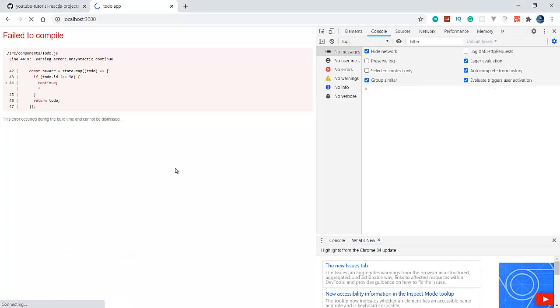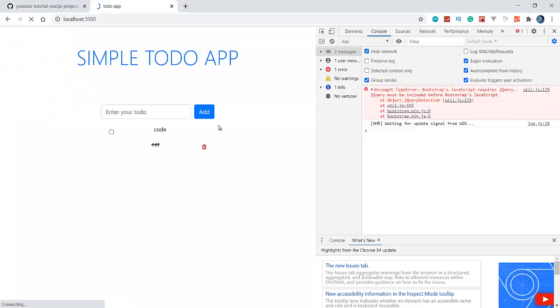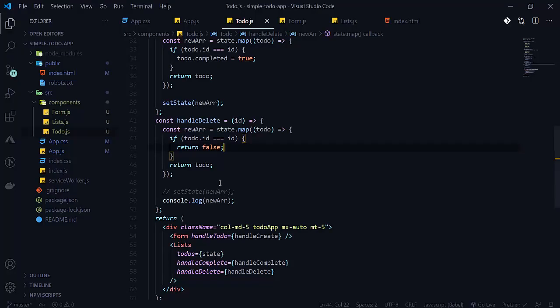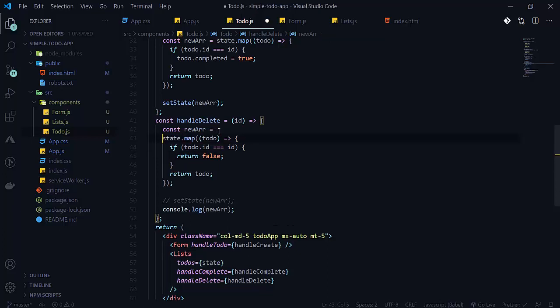So let's do one thing here. Let's create an empty array. So if its id is not equals to our default id, then we will push newArray.push todo here. So we will push our todo here.